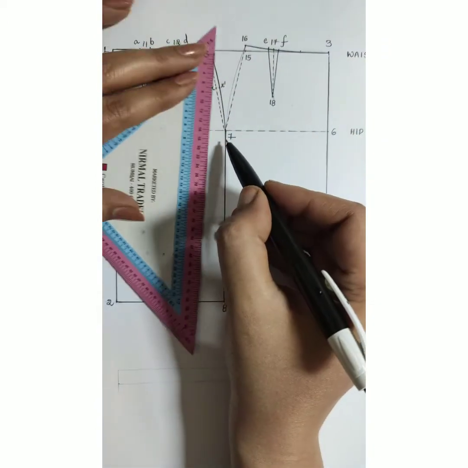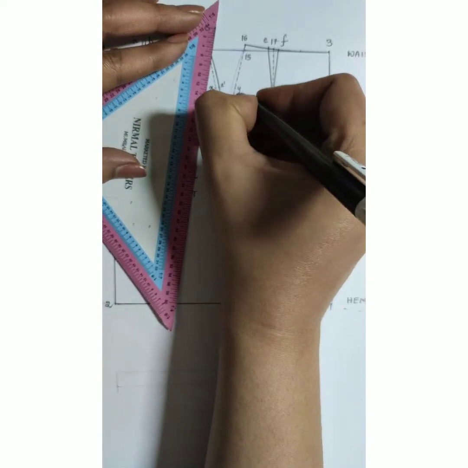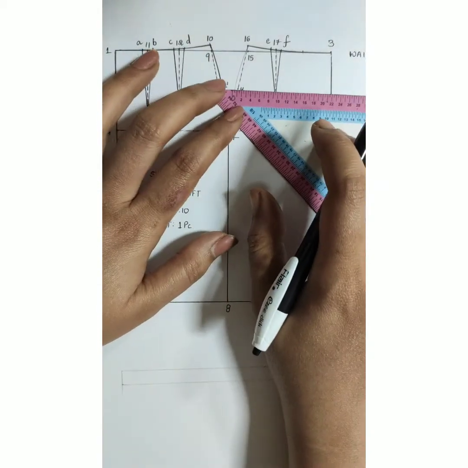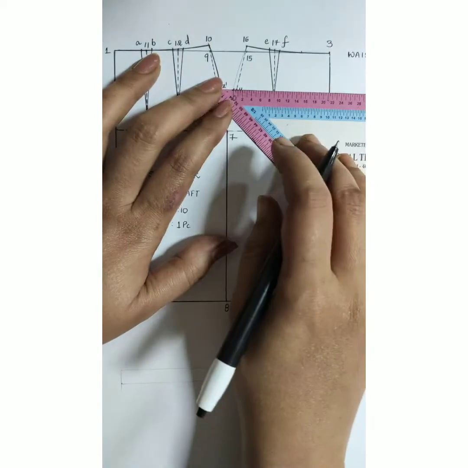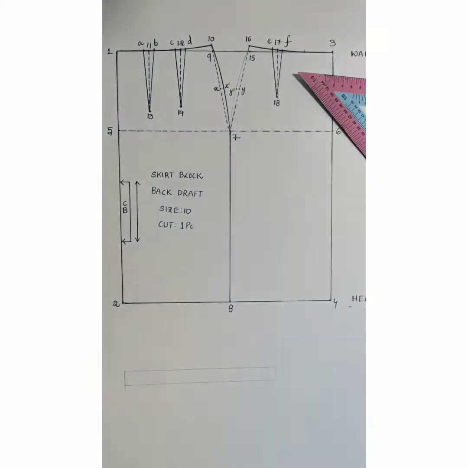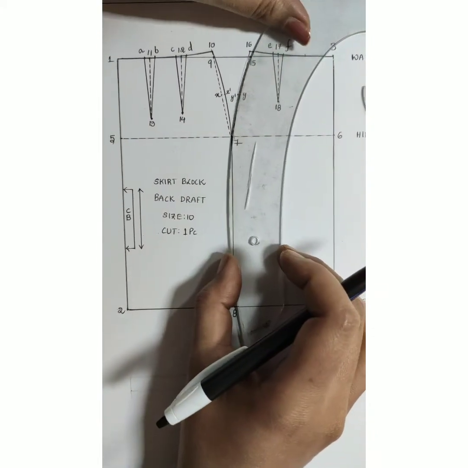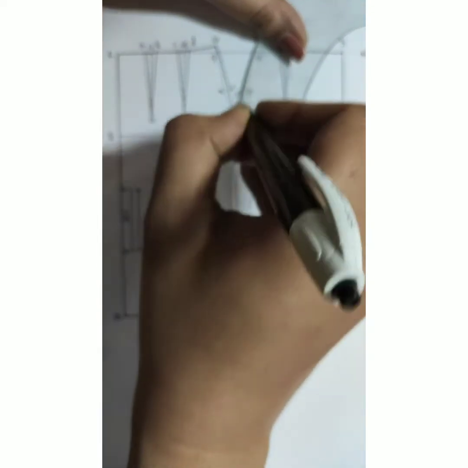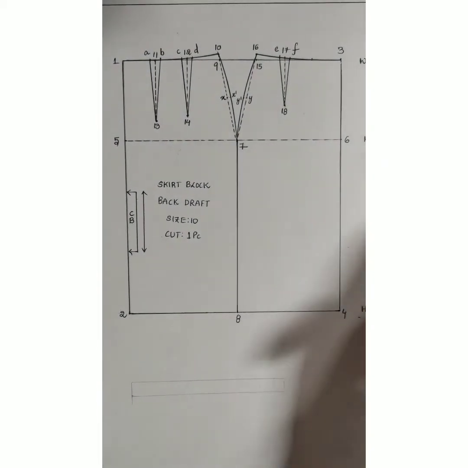Now take the midpoint of 16 and 7. It is 18 centimeters. At 9 centimeters you will get the midpoint and label it as Y. Y is the mid of 16 and 7. Now Y to Y dash towards your left hand direction, that is inward direction, is half a centimeter, that is 0.5 centimeters. Label it as Y dash. Now join 16, Y dash and 7 with a smooth curve using your French curve. Place your French curve like this, and then join 16, Y dash, 7 with a smooth curve to draw your waist to hip curve. Now this is the front draft.